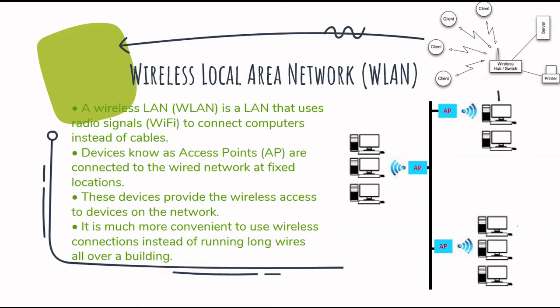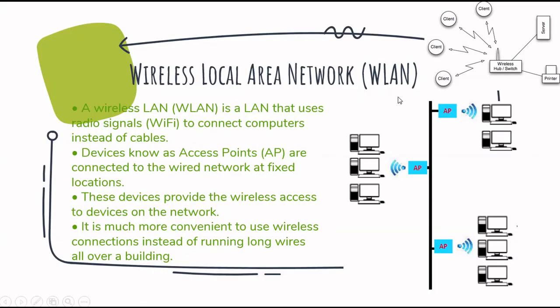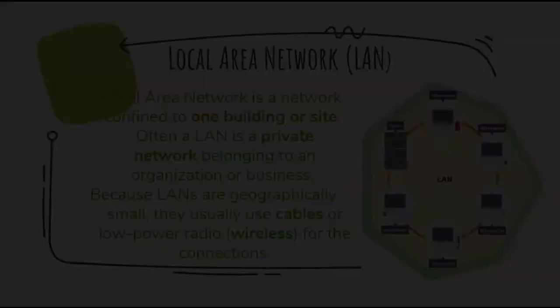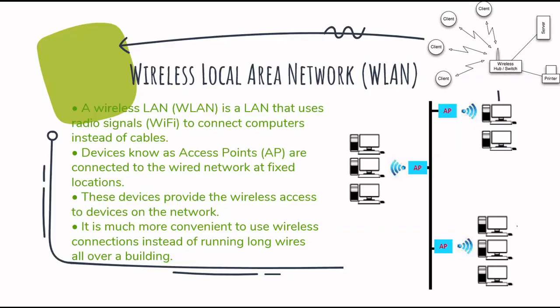The third kind of network type that we discussed based on the size is the WLAN or the wireless LAN. Do not confuse WLAN with WAN, which is the wide area network. WLAN is just the wireless version of LAN, wireless local area network. So wireless LAN is also within one building or one site. Just the difference is that in LAN, local area network, you saw that the connection was completely via cables. See the yellow diagram here? Whereas wireless LAN, the connection is completely wireless.